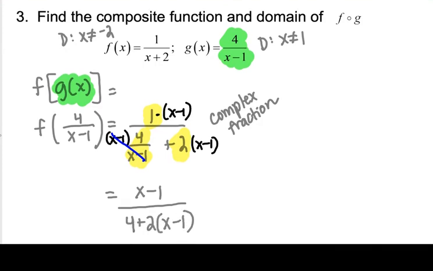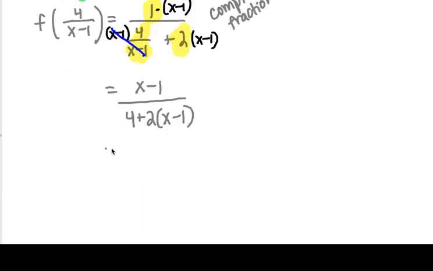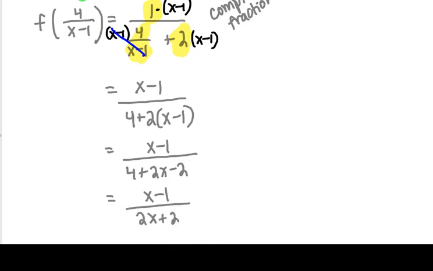And that's going to simplify to be x minus 1 in the numerator over 4 plus 2x minus 2. That's going to be 2x plus 2. I'm just going to factor to make sure that nothing cancels out, and I don't have anything that cancels out. So my result, which is my answer, f of g of x, is equal to x minus 1 over